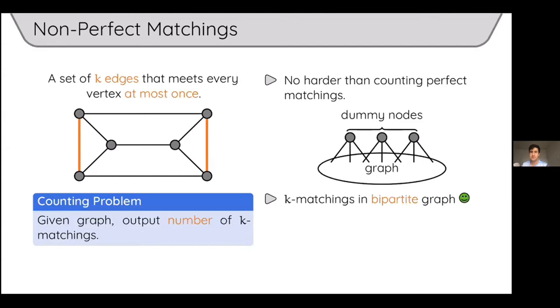So you can just use the algorithm of Jerrum, Sinclair and Vigoda to count k-matchings in those graphs. But somehow it fails for planar graphs. These dummy nodes that you add have to be connected to almost everything else in the graph, and therefore they have to have a lot of intersecting edges. So the graph doesn't remain planar. This is a heuristic argument for why this doesn't work, but there is actually a more fundamental reason.